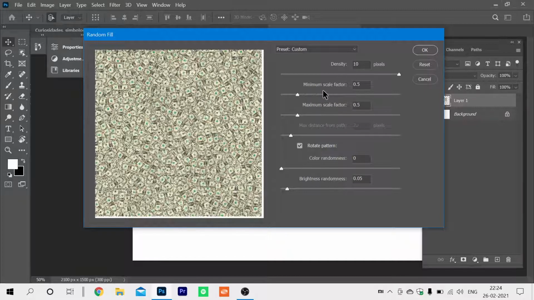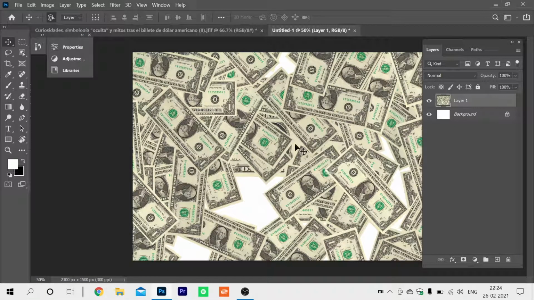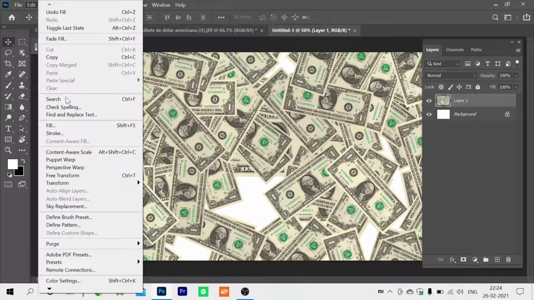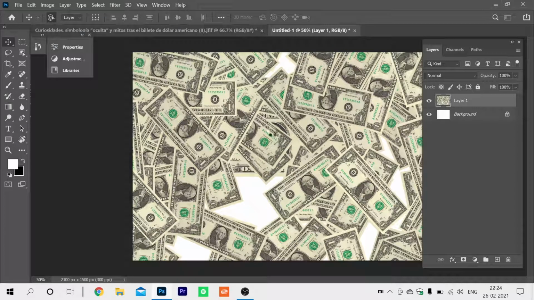Make sure the minimum scale factor and maximum scale factor are the same. Make sure you are doing it well, and rotate the pattern and click OK, and you will get a lot of money like this. Then you have to go to Fill next and click OK